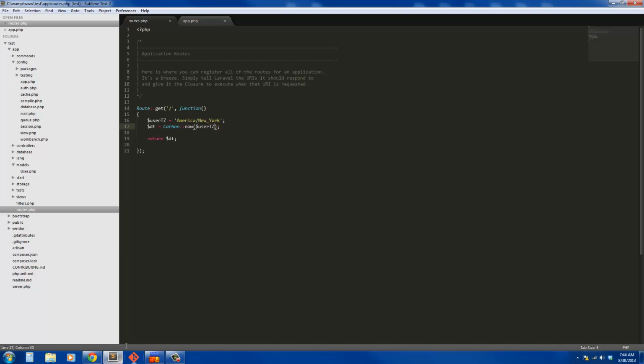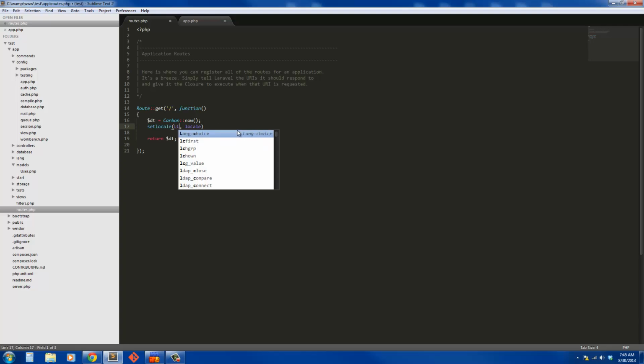One of the other things you can do with it is use set locale. So let's do dt or date time equals Carbon now. Okay, and then let's do set locale, which is just the basic PHP, and we're going to say local time. I have a friend of mine in the Netherlands, so we'll do Dutch for his, and then we'll add that,